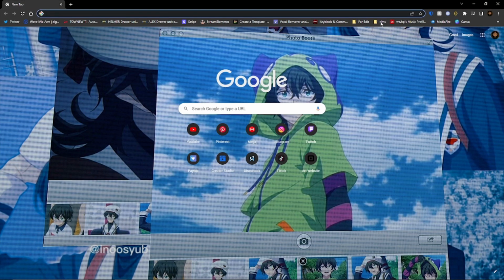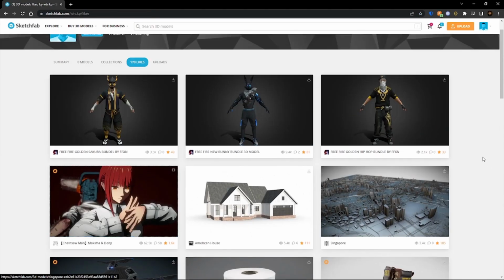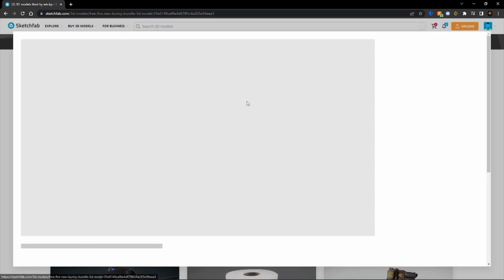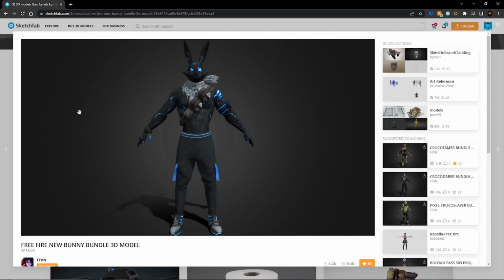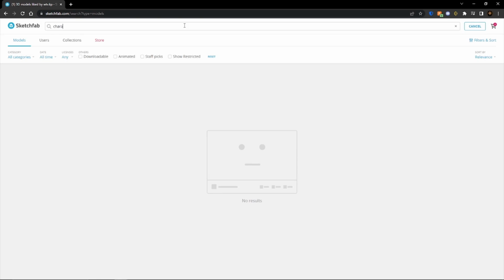Okay, where do I get my 3D characters from? Sketchfab. Were we in the vibe for some gangster type stuff or like a bunny? Matter of fact, let's do the bunny. So for me, I have stuff in my life, but for you, you're not gonna have that. So you're gonna want to search up characters